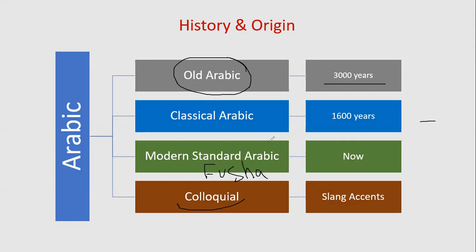Okay, so now I will just compare classical Arabic and modern standard Arabic. Actually, this is the same language, but classical Arabic is more literary. It has more vocabulary, more figures of speech. Let's say it's a little bit more complicated in terms of meanings and vocabulary, but it's understood by most people.